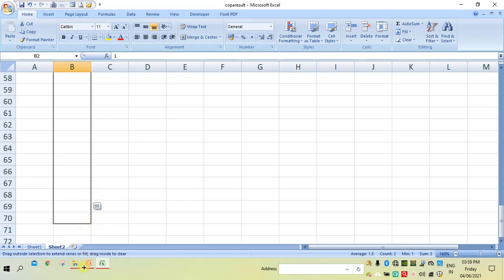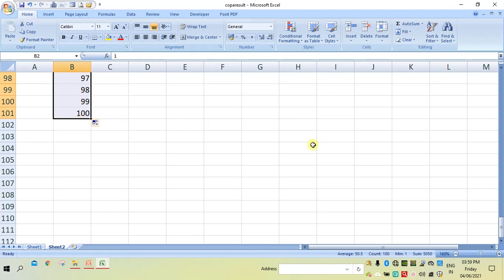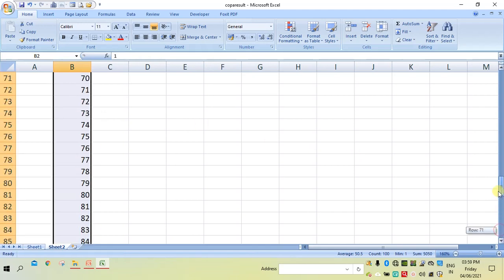So you can get the numbers like this. If you want 100, then up to 100 you can drag and drop. So you will get the numbers like this.